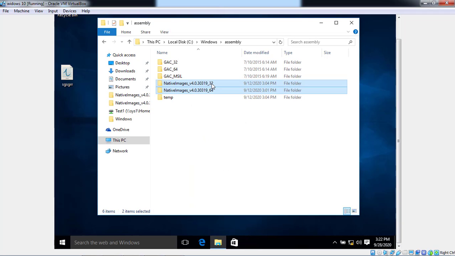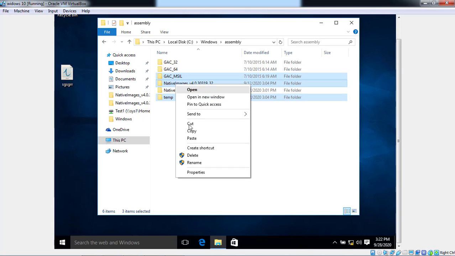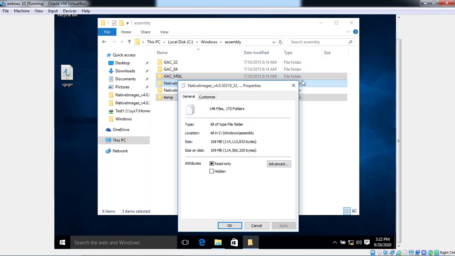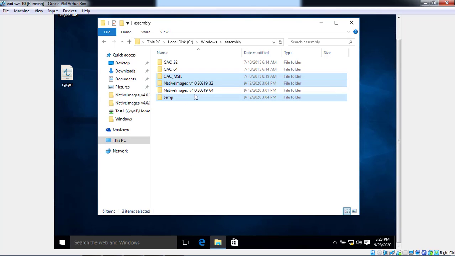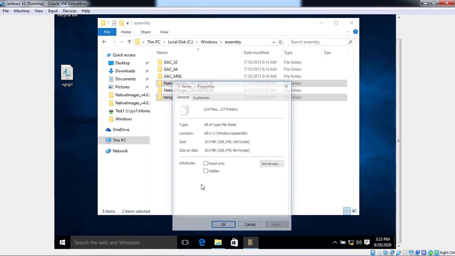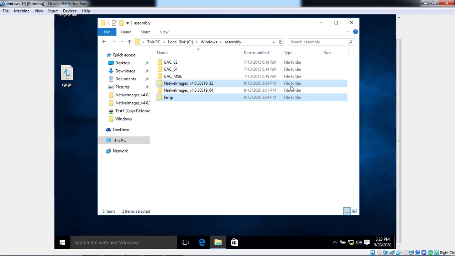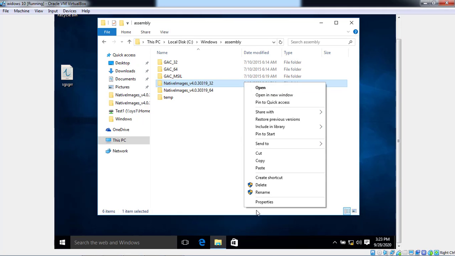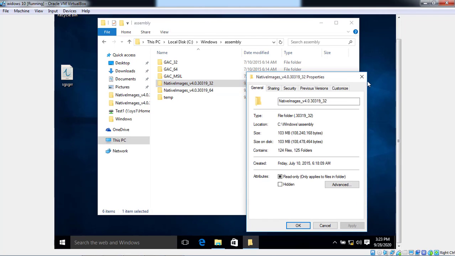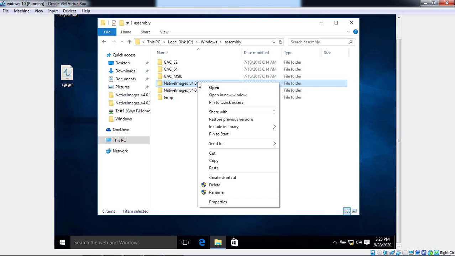How much is the size for these two? It's 364. So 103. Okay, so we can take only this folder.